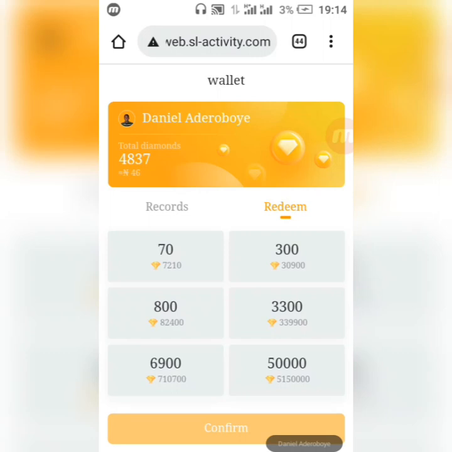This is wonderful. When I redeem, I'm going to show you a video of when I actually redeem this, so you will see that this is real. Ladies and gentlemen, this is how you can actually redeem your airtime. I've not redeemed the first one; I'll just show you how I can redeem it. And please do not try to do anything illegal here, because they may just block you. Just try to do everything I've shown in this video, and I can guarantee that you will always be smiling.